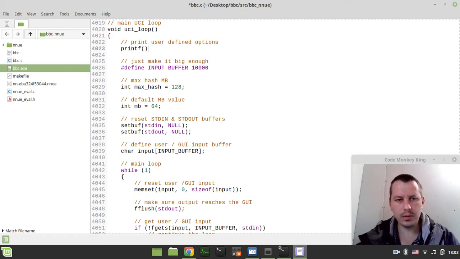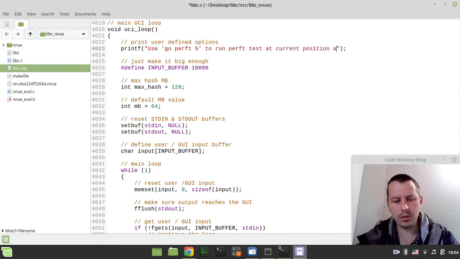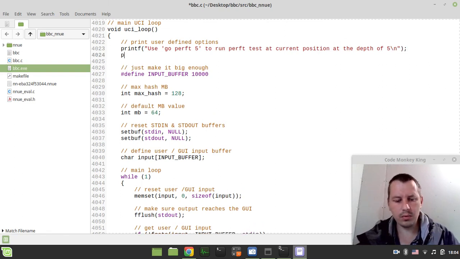So printf and use go perft 5 to run perft test at current position at the depth of 5. And the new line here, and also